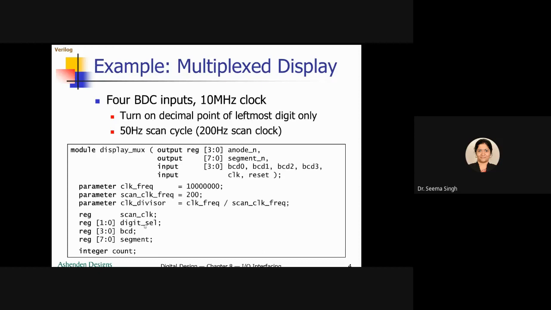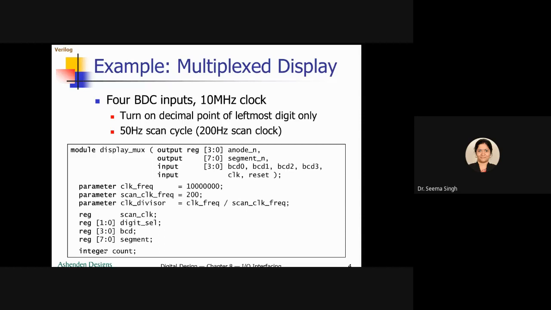We can take care of 4 by using 2 bits only, right? That is why digit select 1 downto 0 is used for that. BCD again requires 4 bits, 0 to 9. So you have register 3 downto 0 and register 7 downto 0 for your display. Your 7 segment display with decimal point makes it 8.